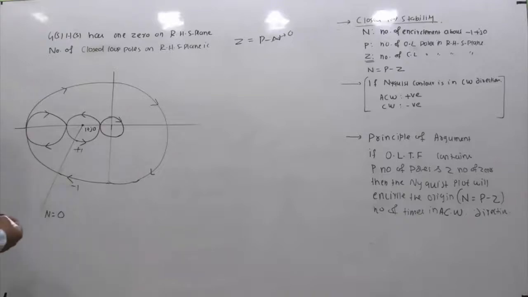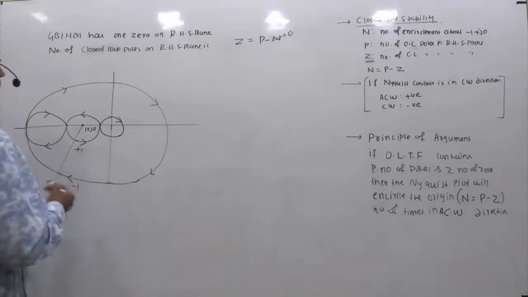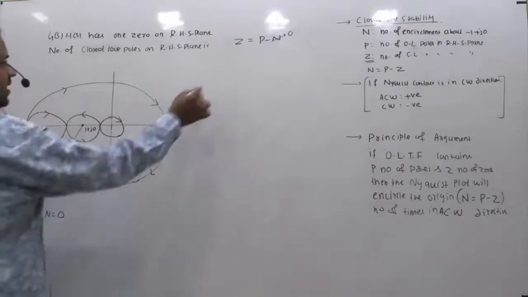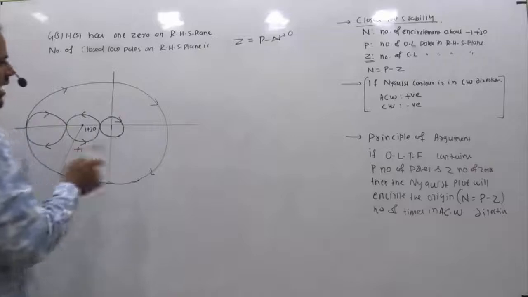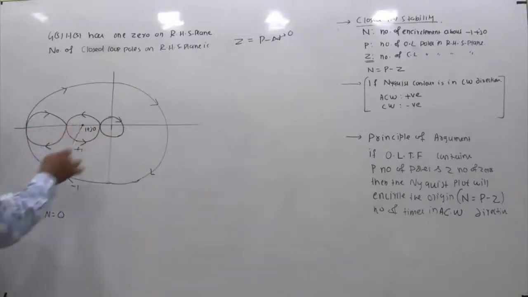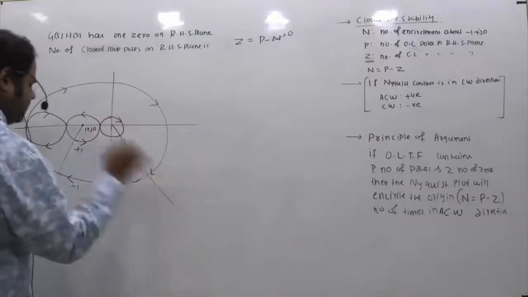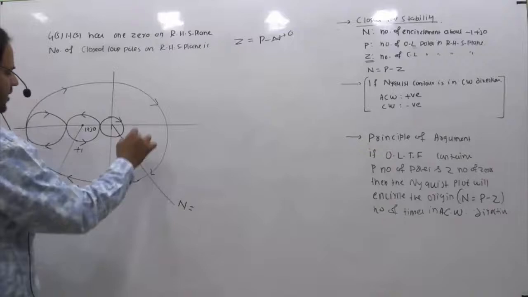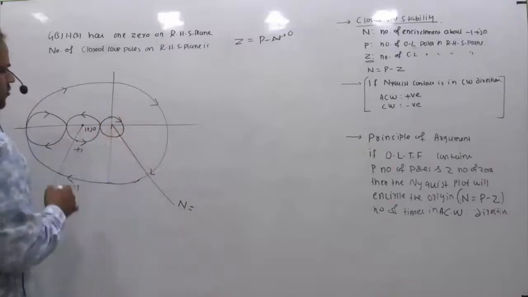So now I will be calculating the number of encirclements about the origin. Not with respect to -1 + j0, where I got that N, but to get this P, I need to have this information. So instead of calculating the number of encirclements about this point, I will be calculating with respect to the origin. Okay, so if I ask what the net encirclements are, you can see here it is cutting this contour twice.